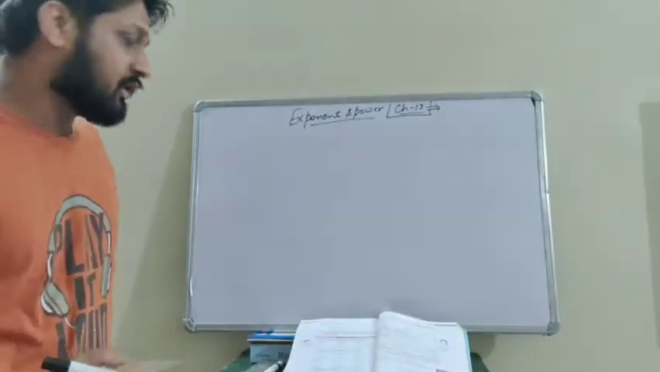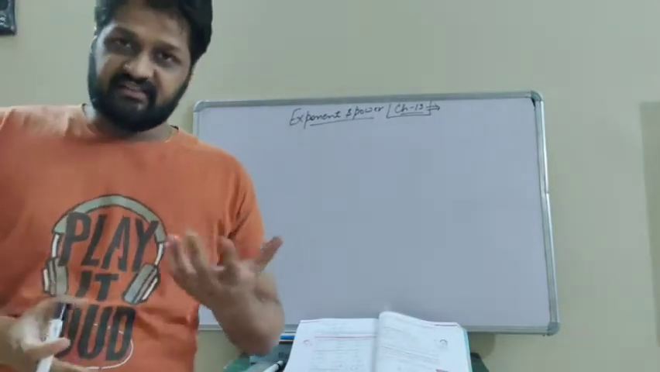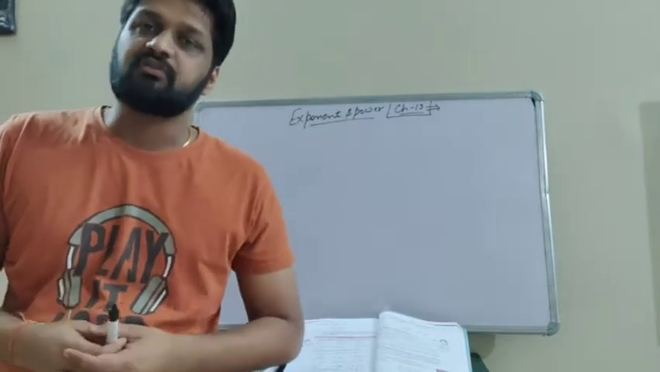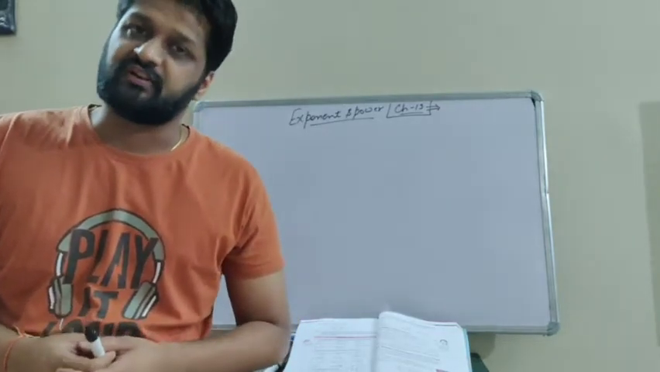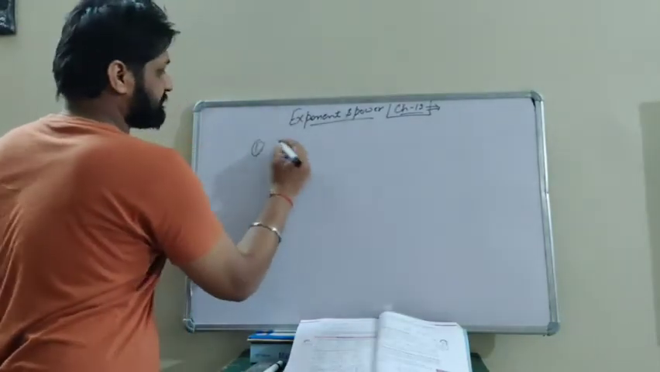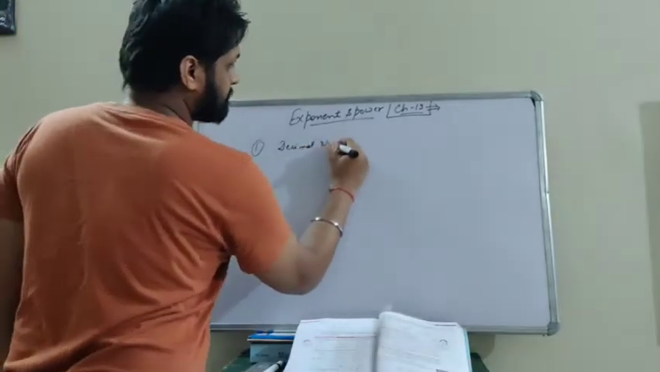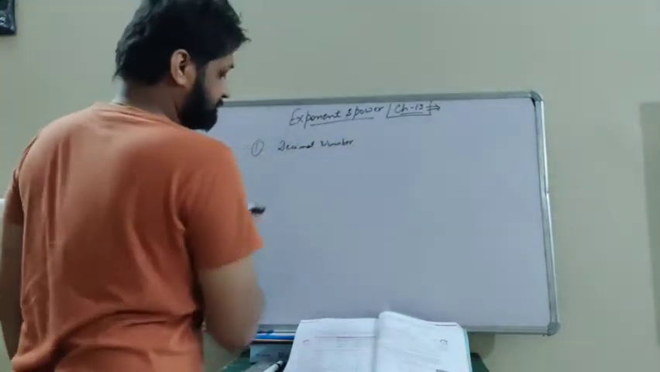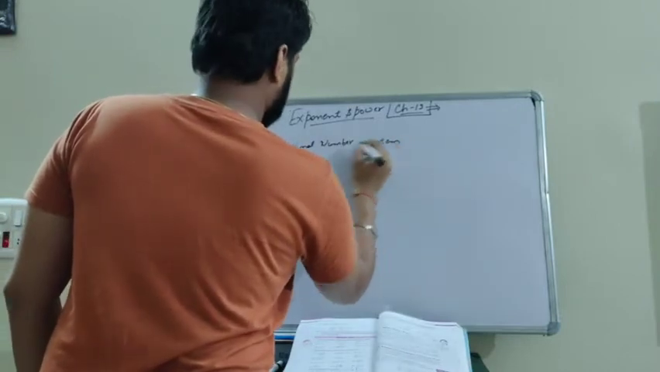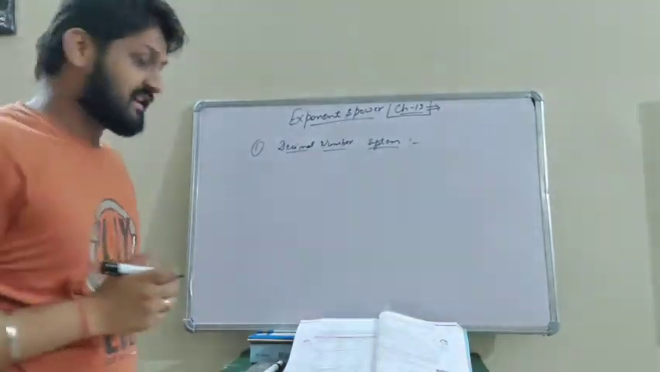Chapter number 13 is going on, and today's topic is the decimal number system and how to convert larger numbers into the standard form of exponents. Now for chapter 13, this is first the decimal number system. Decimal number system. Let's take an example: